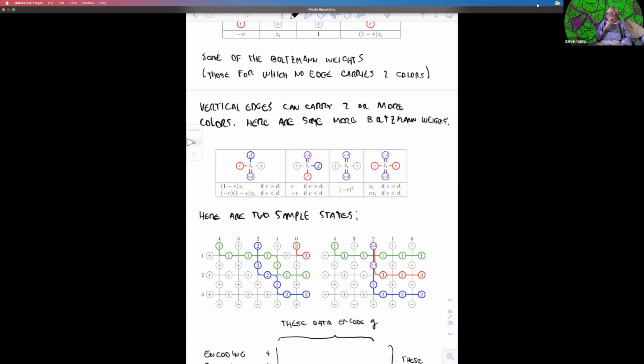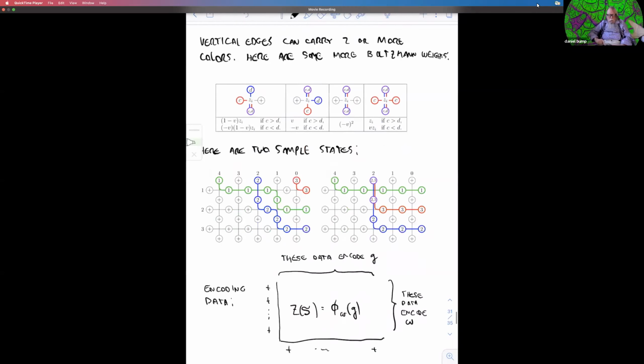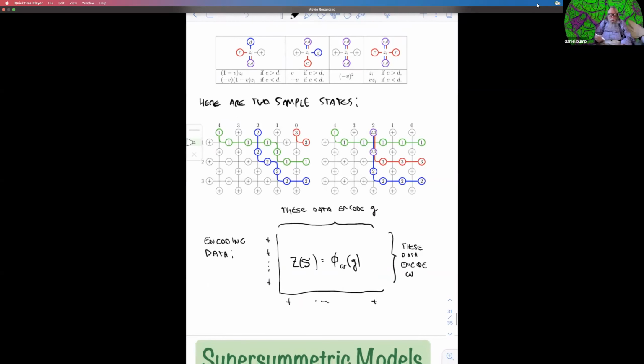And here are 2 more interesting states. In the first state, you have 2 edges which cross, and then they could cross again, so there would be another state that I didn't try to draw. And in the second one, you have an edge which carries two different colors. Actually, a lot of very rich things can happen. So you use the top boundary data to encode the group element, and then you use the right boundary data to encode a Weyl group element, and the Weyl group element indexes the Whittaker function. Are there any questions?